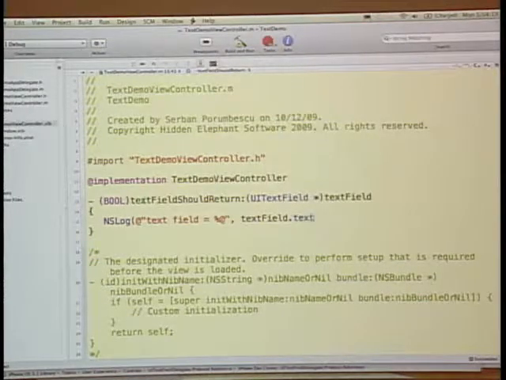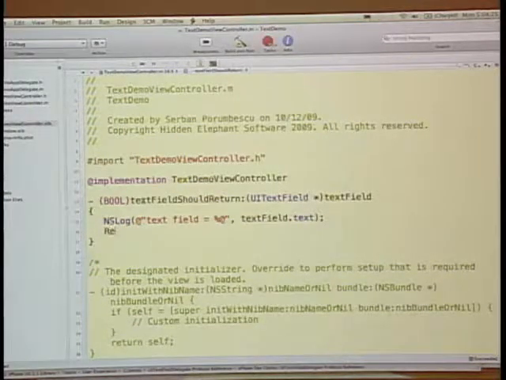We can go ahead and grab the text that we've typed in, and we'll say return